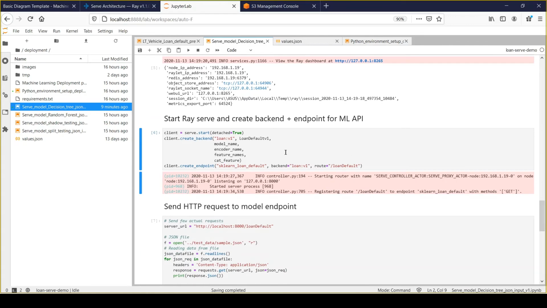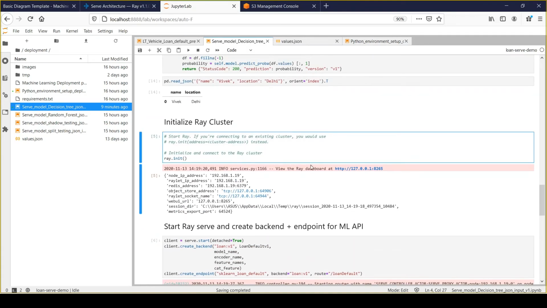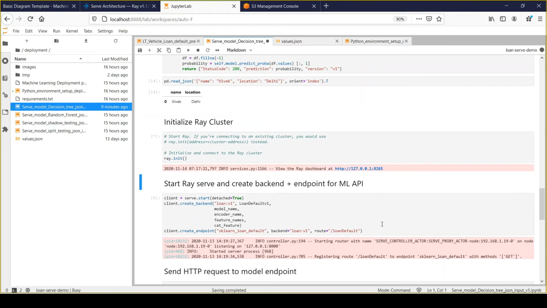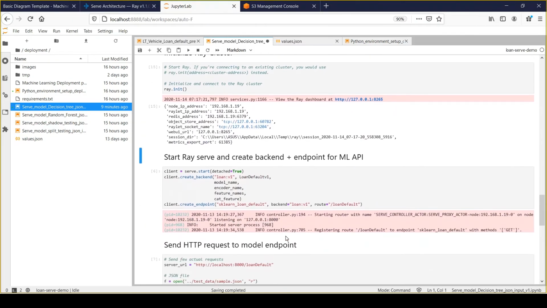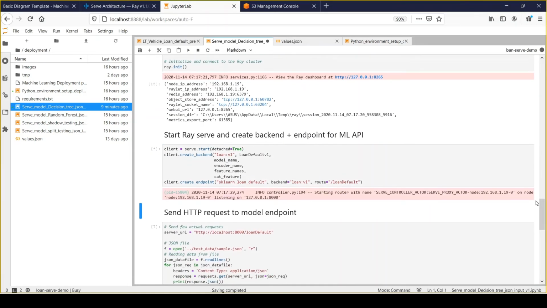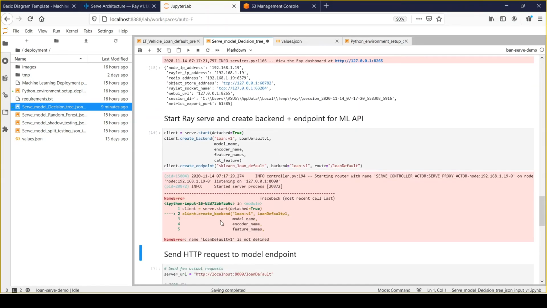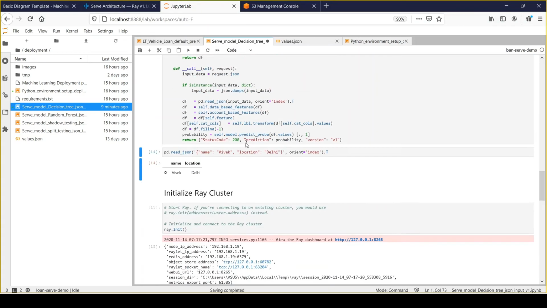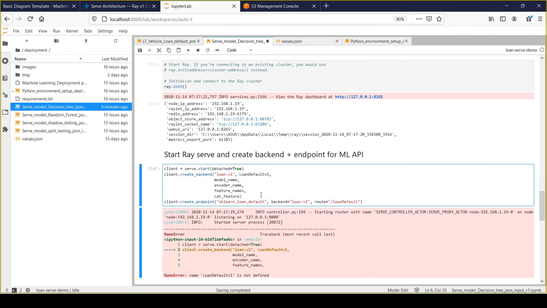So once this is done, we'll simply run this step. We'll run it, and it will create a Ray instance, a Ray cluster, and now we'll run this, and this will create the backend. Okay, so before that we need to run this. Okay, and now we'll run it.